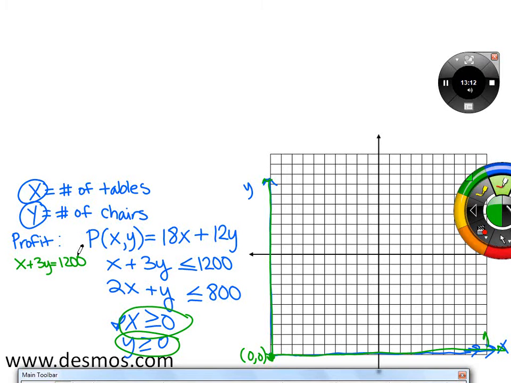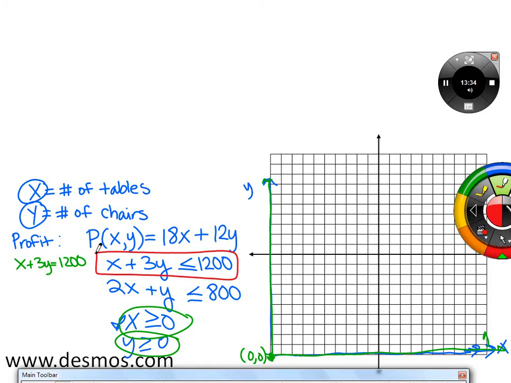Good. So it's easy when it's in this form to plug in 0 for x or 0 for y. When you're doing that, what are you finding? The x and y intercepts, okay? So I'm going to go ahead. Let's see. I'll do this one in red. So I'll graph this inequality in red. Okay, so if I plug in 0 for x,